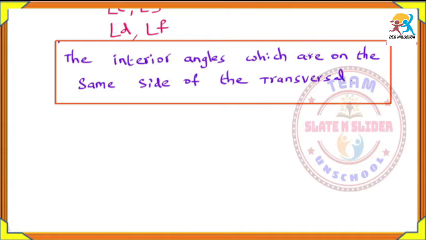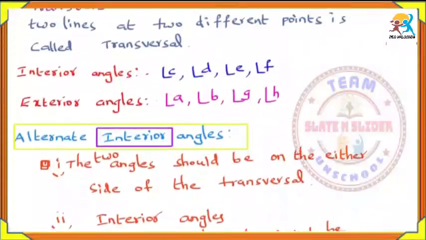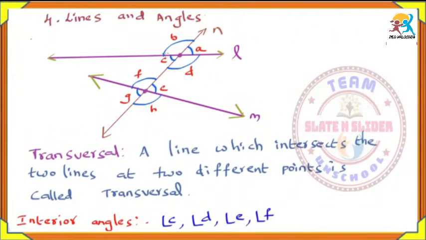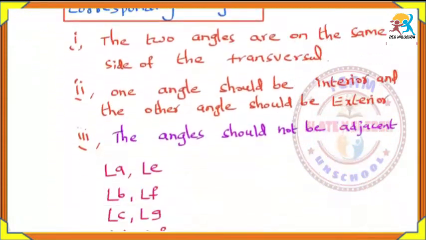So this is the mixing of alternate and corresponding angles. So here we have to choose only interior angles, and the two angles should be on the same side of the transversal. So let us take them as, if you choose angle C, then definitely the other angle should be on the same side of the transversal, that is angle F. So angle C comma angle F,